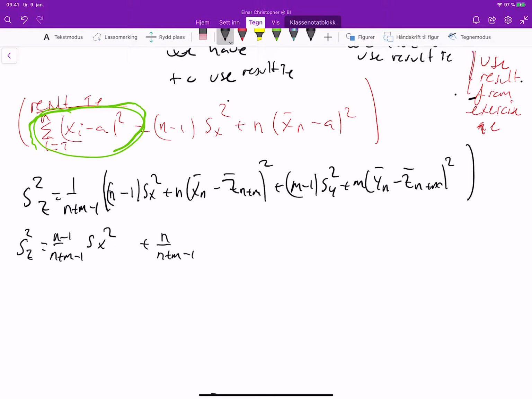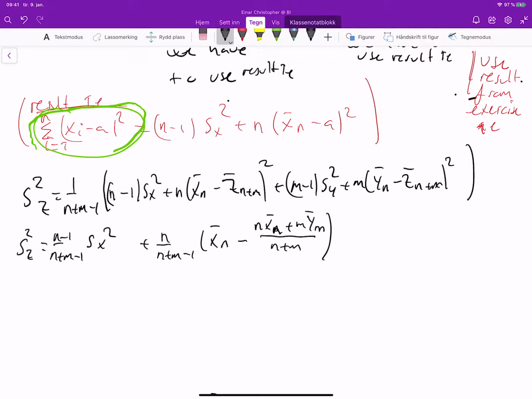So plus n divided on n plus m minus 1 parenthesis xn bar minus, and then we have to take this set n plus m bar, but that we know is the same as n xn bar plus m yn bar divided on n plus m, like this,